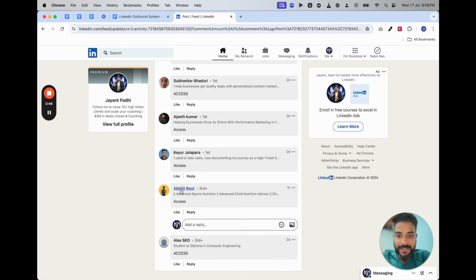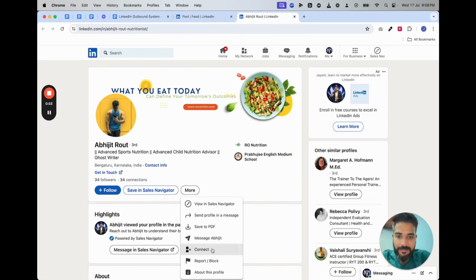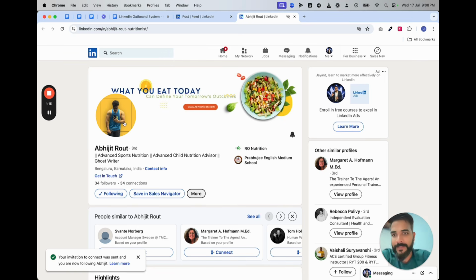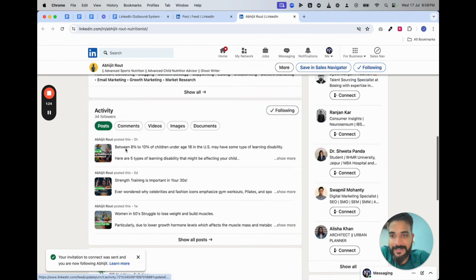For example, today I got a message from somebody named Abhijit Raut, right? And I can connect with him as well. Hey, thanks for the comment. Abhijit, bye. Jai Jagannath. I write this because this is the Oriya title. I think that'll be a pretty cool one. And let's send a message. There we go, right? And this guy is into nutrition and everything. We'll definitely go ahead and reply back.